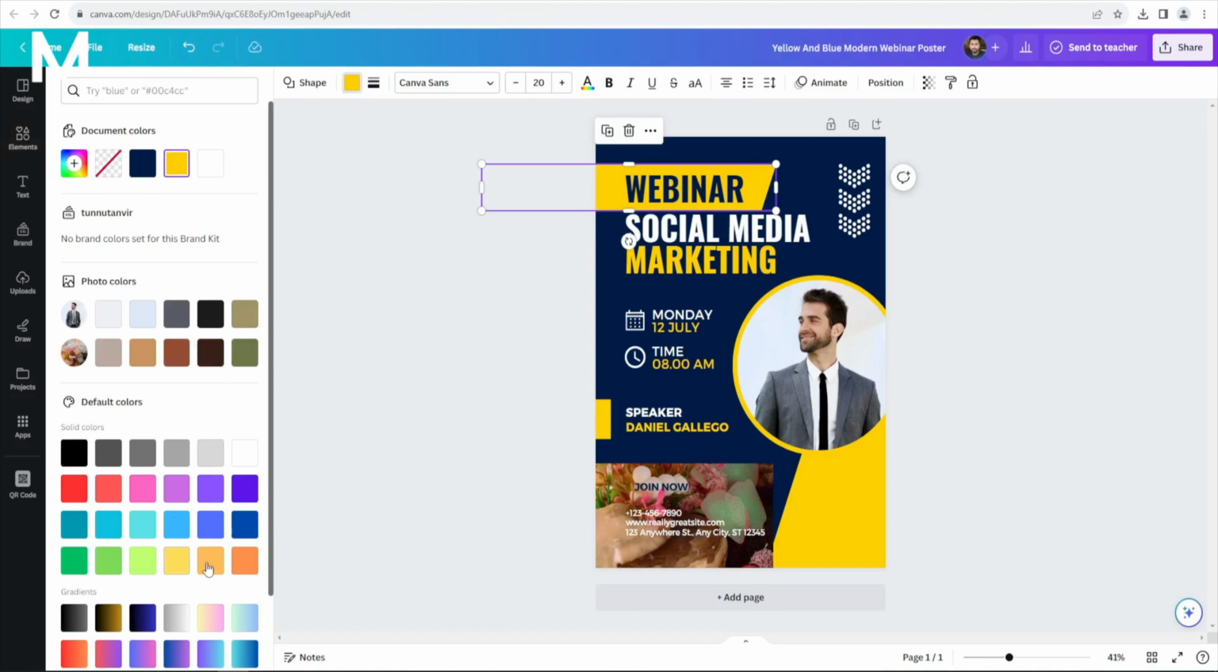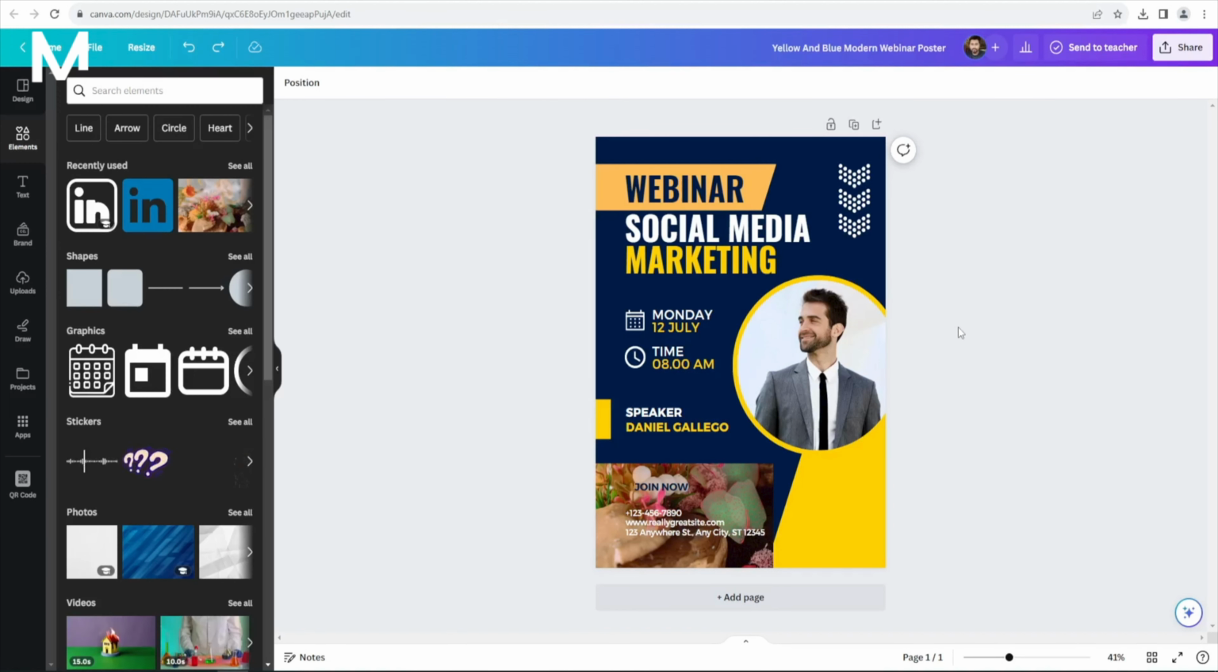Always remember that less is more. Overcrowding diverts attention. Experimentation and practice help you hone your design skills. The end game? An eye-catching poster that effectively conveys your